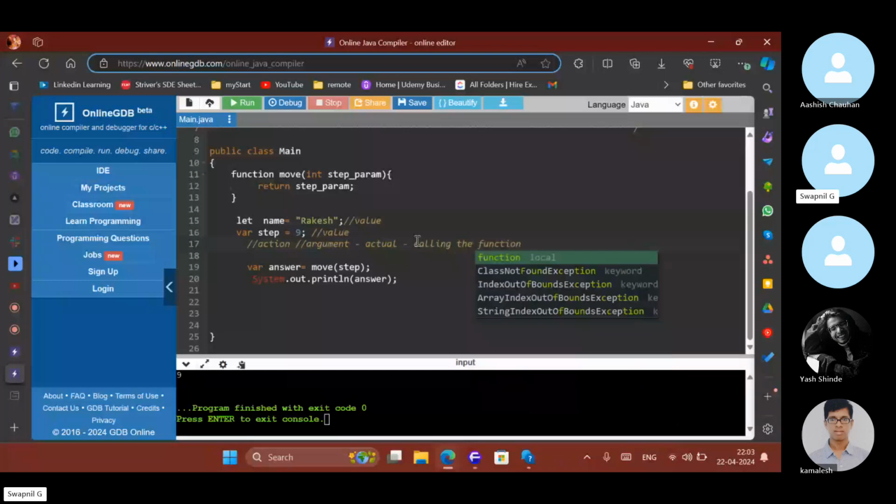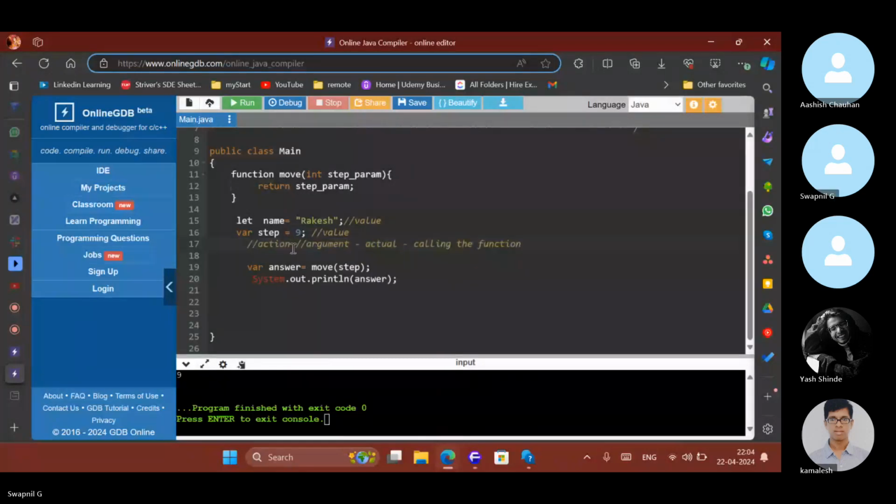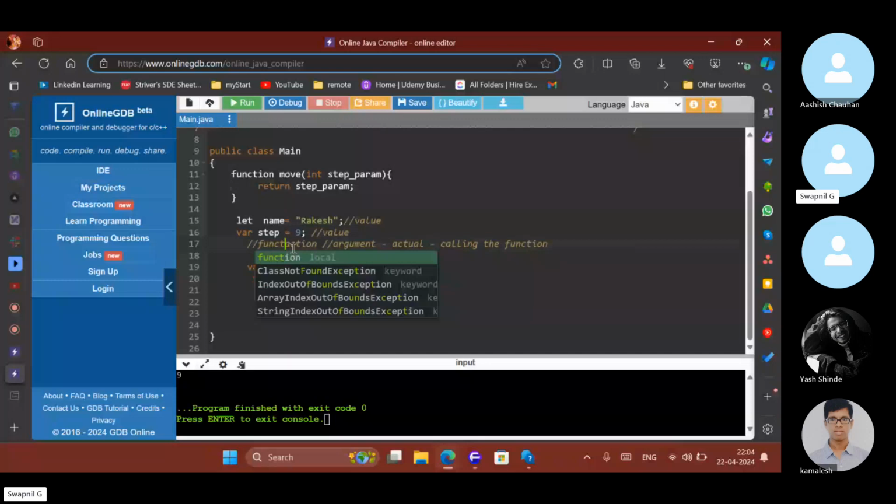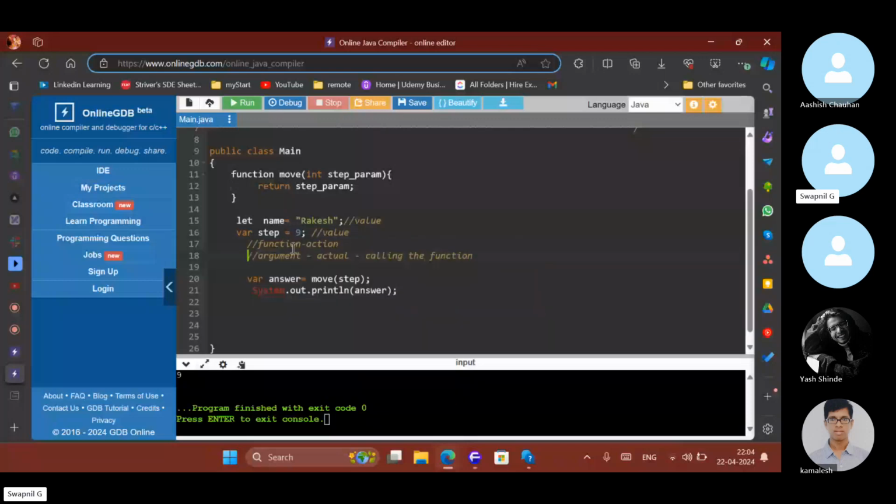If you want to write this, note it down in your notebook. Note this line in your notebook. So right now you guys know the basics of function, how the function works. And what is the scope of a function? If I ask you, what is the scope of a function?